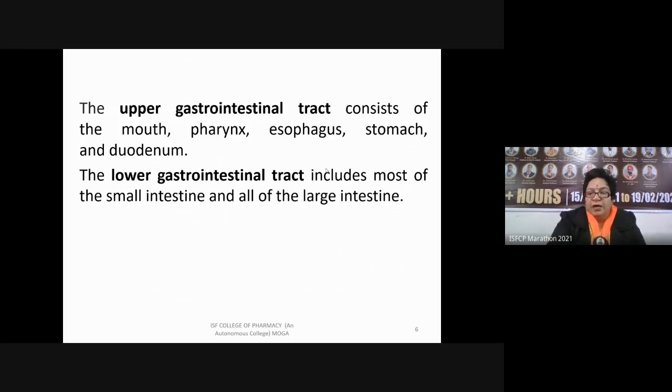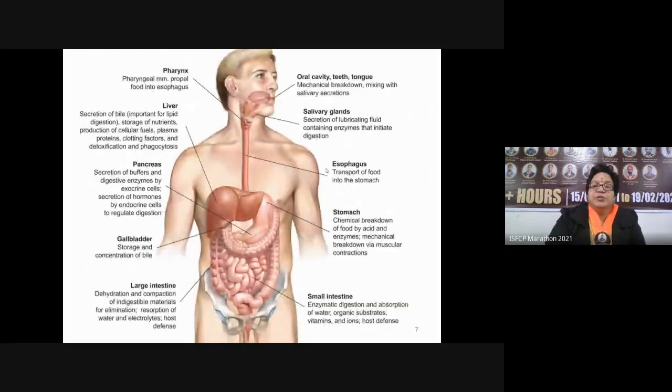This slide shows the journey or the fate of the food that we take, or the general role of the gastrointestinal tract. See, this is the oral cavity, that is our mouth. It is composed of the oral cavity, teeth, and tongue. The process of digestion starts in the body the moment you open your mouth to have food, and the moment the food enters the mouth, the very first step of digestion begins.